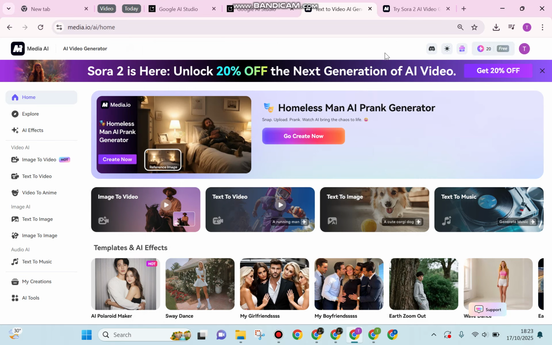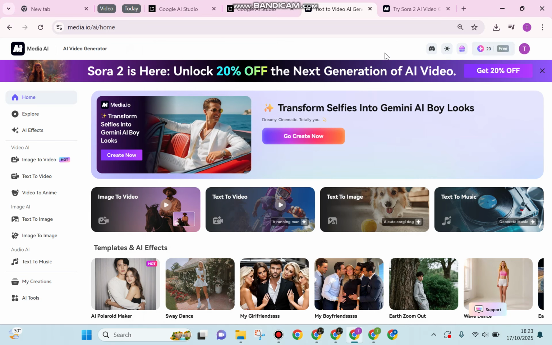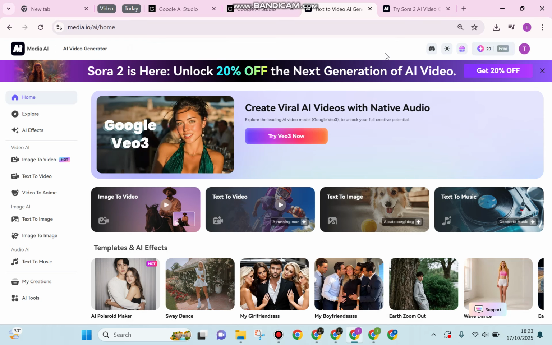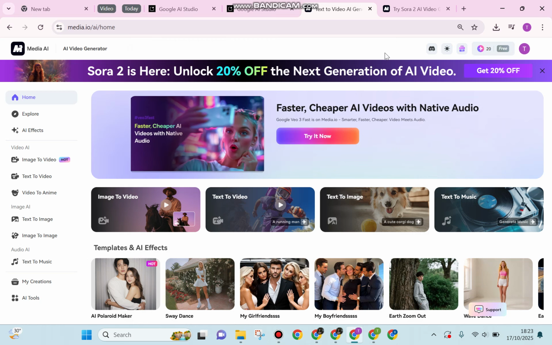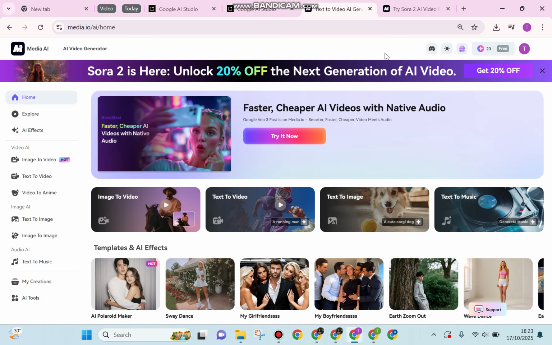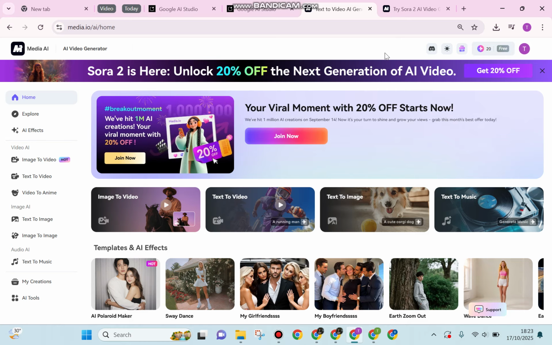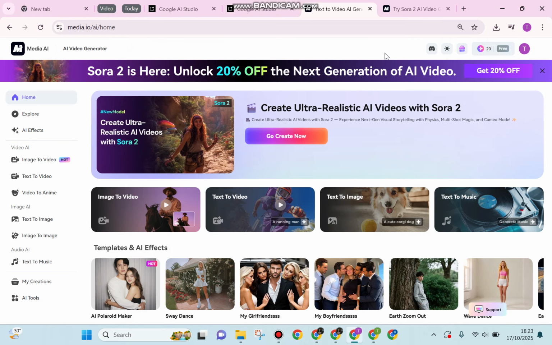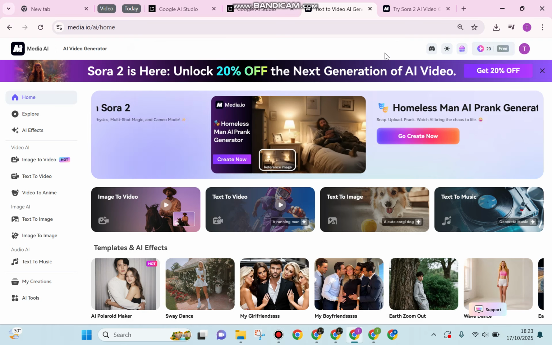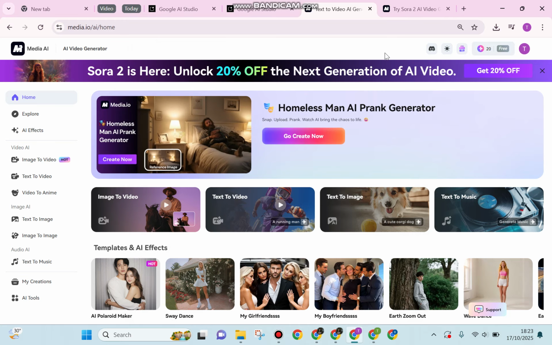Well guys, if you still find it difficult to access Sora 2, because if you would like to generate video via Sora 2, you need to get an invitation code. However, the invitation code itself is also hard to get. Don't worry, because here I will show you another alternative to create videos from the Sora 2 model, guys. So you can start to visit this